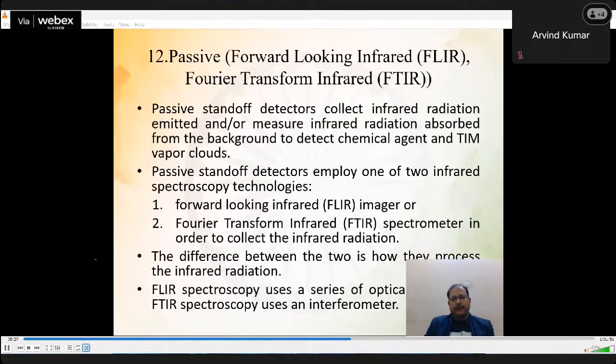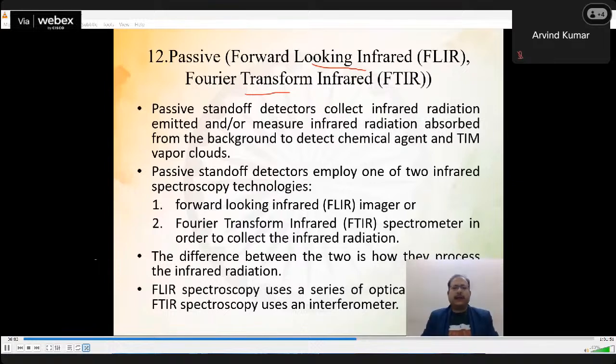Next are passive type technologies, which we call passive detectors. That means FLIR and FTIR. First is forward looking infrared, and next is Fourier transform infrared. They are again used in detection of agents or chemical or hazardous material in the atmosphere. Passive standoff detectors collect infrared radiation emitted or measure infrared radiation absorbed from the background to detect chemical agent and toxic industrial material vapor clouds. So this type of technology uses forward-looking infrared or Fourier transform infrared. We will not go into depth, but on an understanding level,